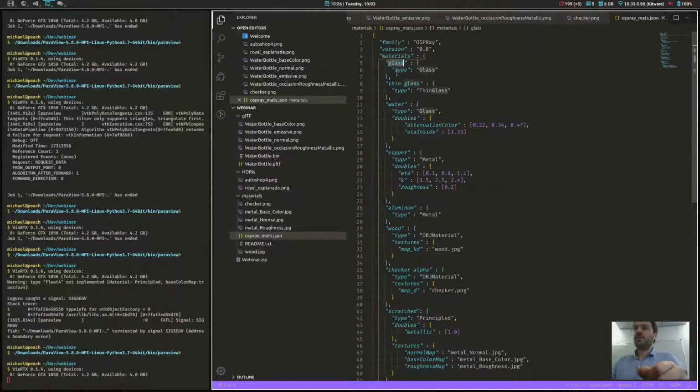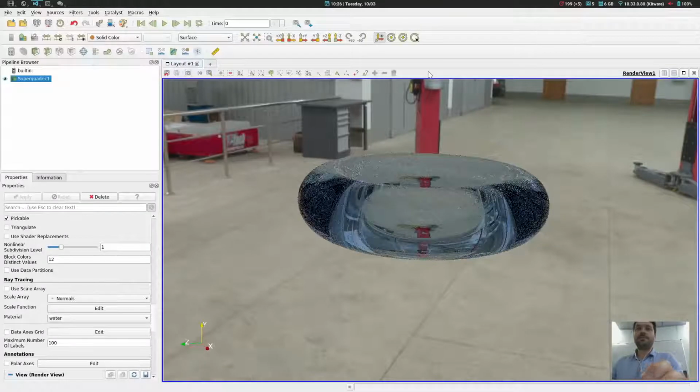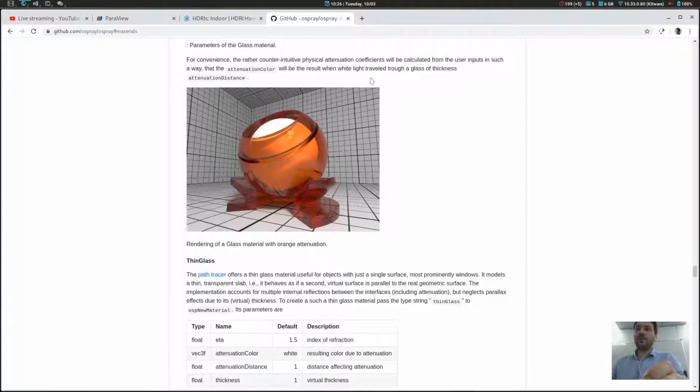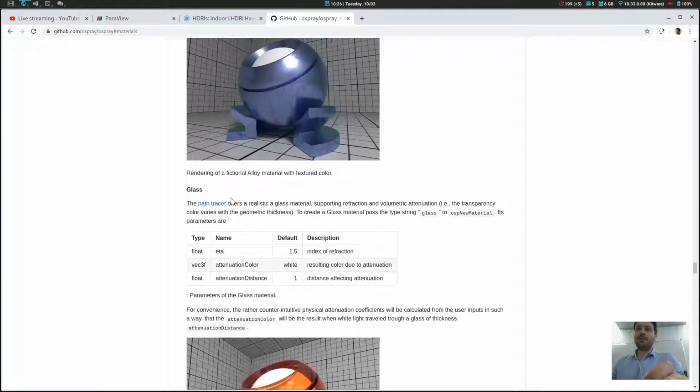So here is the name that will appear in ParaView. So in this case, glass. And you have to specify the type of the material. The type of the material is the name of the material you find in the OSPRay documentation. So in this case, we have a glass, so you just put glass here.